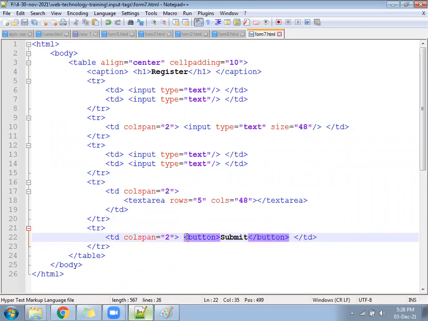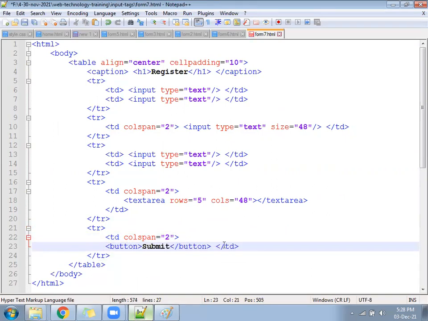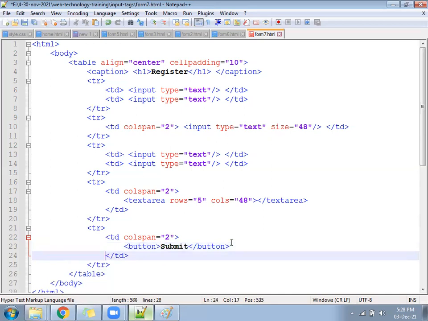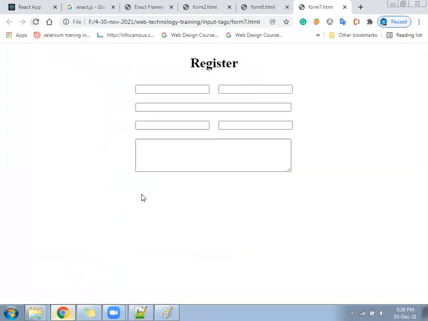You will see the button will come on the left side. If you follow the TD, the button will appear on the left side. TD by default appears on the left side only. TH, if you write, then it will come in the center. See, the button came on the left.